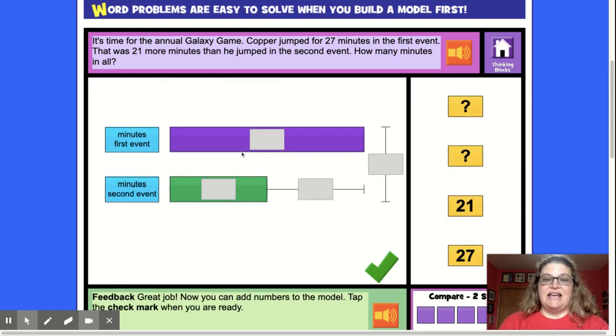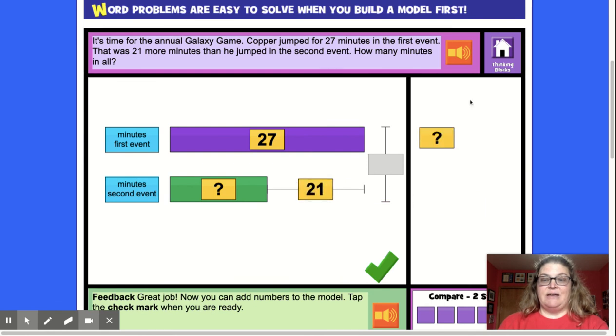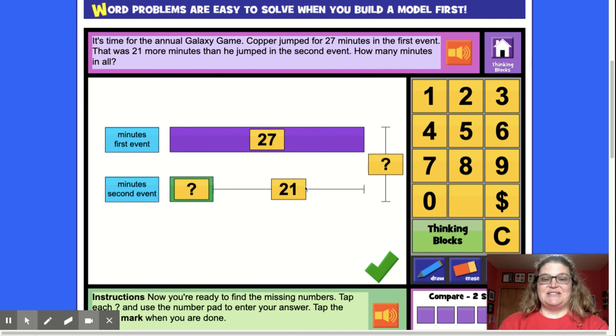All right. He jumped for 27 minutes in the first event. And in the second event, we don't know how long he jumped, but we know it was 21 minutes more. And we still don't know how many minutes he participated. All right, so now here we have to find out the difference. To find 27, we know 21